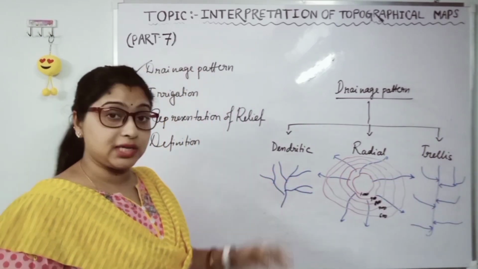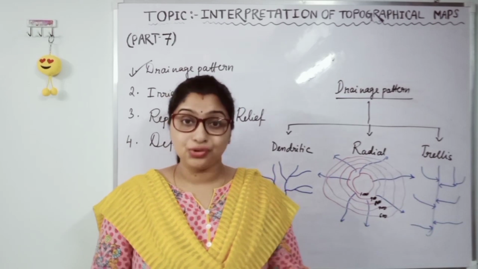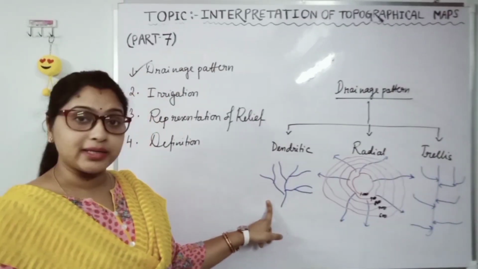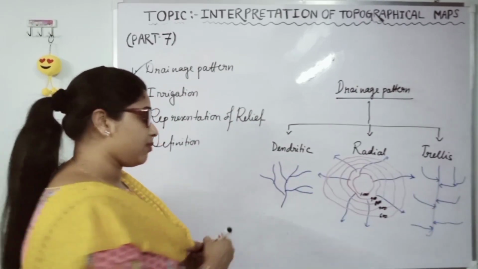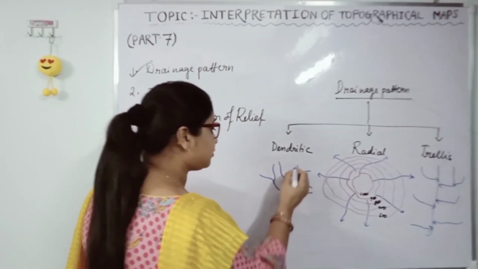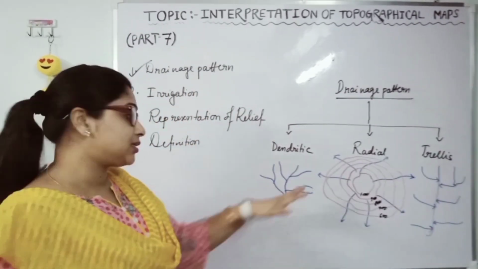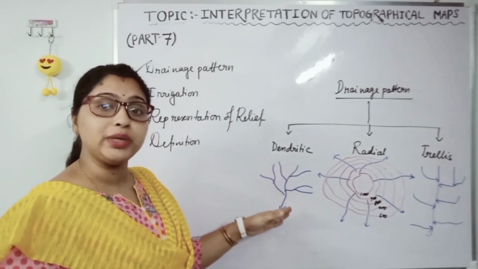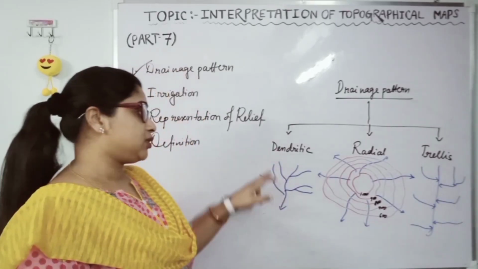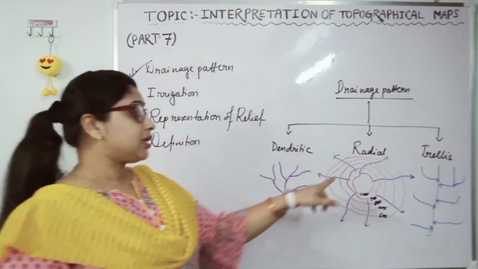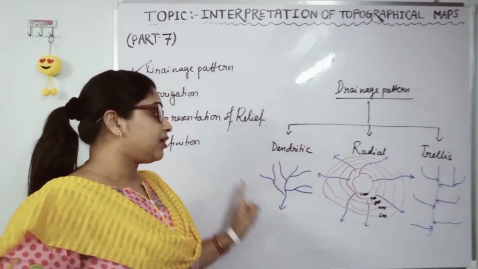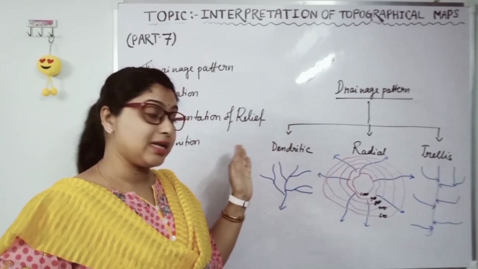So what is dendritic? I think all of you have seen a tree which has branches. It just looks like that. The main stream is flowing, and different tributaries are joining it, and it looks like a tree. That is known as dendritic pattern. Next, the radial pattern. You can easily see the dendritic pattern over flatland area,